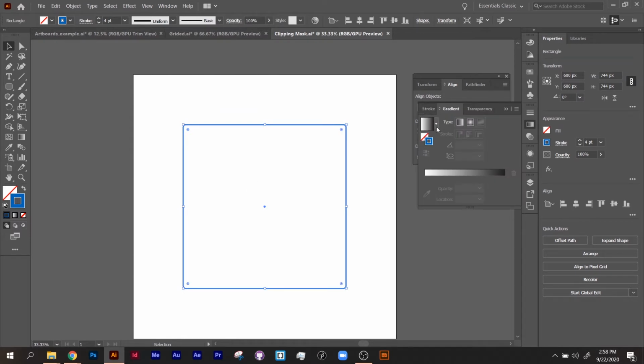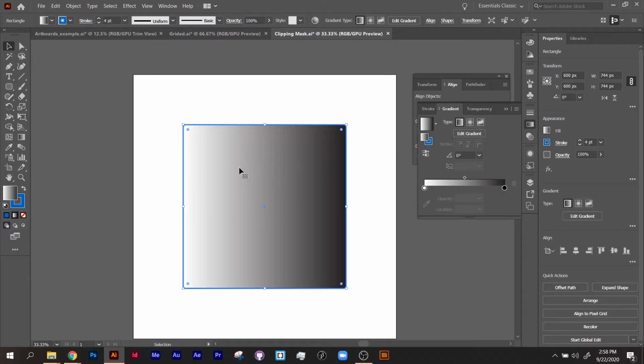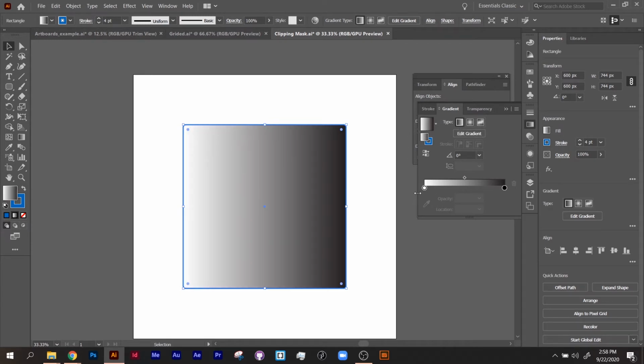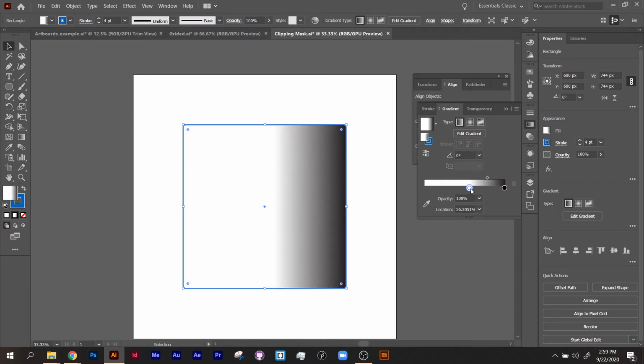And this is going to come up with a window, and you want to make sure, if I want to fill the inside of my shape, to select the fill, and then you can click here on the gradient to activate it. And you'll see that directly applied to our shape here. And you can change it to a radial type of gradient or a freeform gradient, which I'll go over last. But if you're in this linear gradient, you have the ability to change the colors here, like so, and how they interact. If you double click on the color here,